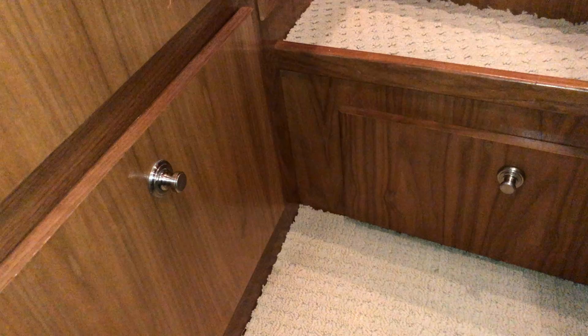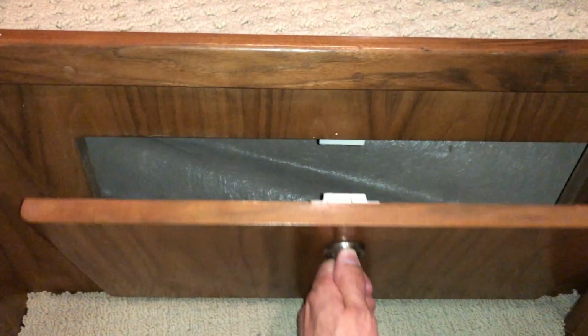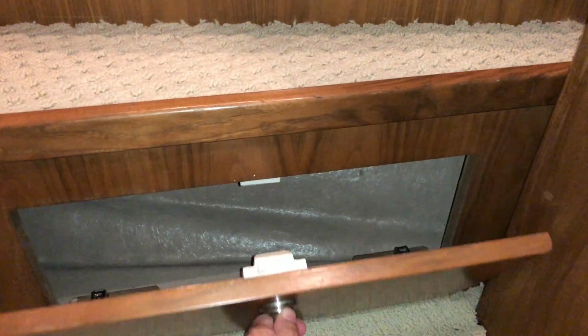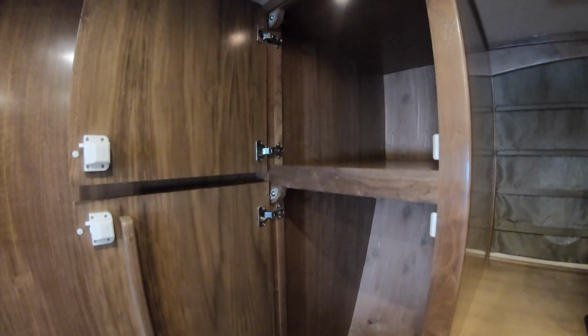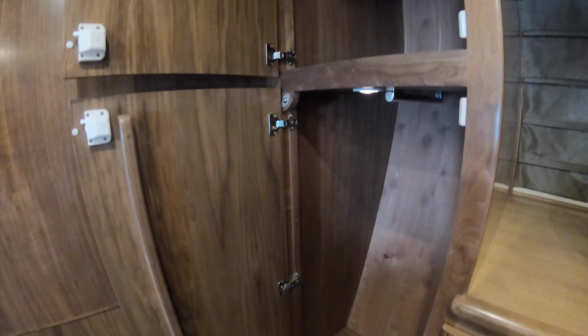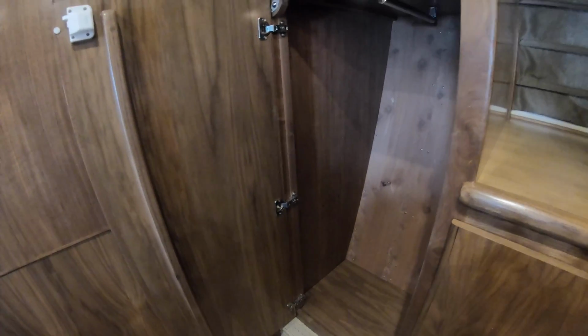Number 20, our last item, is storage. Now that doesn't sound very sexy, does it? But storage is so important, especially if you're going to live aboard. Where are you going to put all your stuff? This boat just had all the little nooks and crannies and used every compartment. It's amazing how much storage there is on this boat. All the lockers are cedar lined. The majority of the lockers also have lighting in them, because often in cabins you may not have your lights on, and it might be a little bit dim, and if you're able to